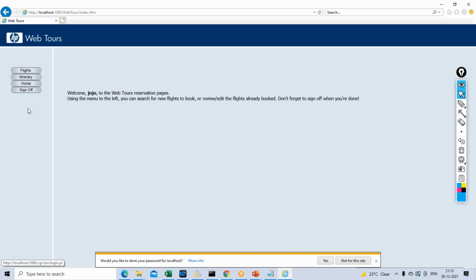But what if I want to know how this application is responding, or how this login functionality is working, or how fast this login functionality is working when, let's say, 200 or 300 users access this application at a time? You got my point? So when more number of users access the application at a time, how is this application responding, how fast are the pages loading, how fast is the application responding? I'm more interested in knowing that.